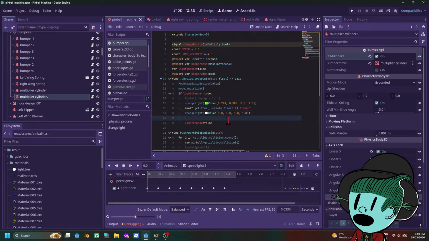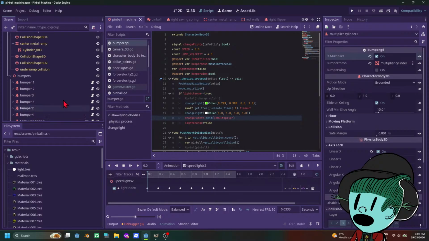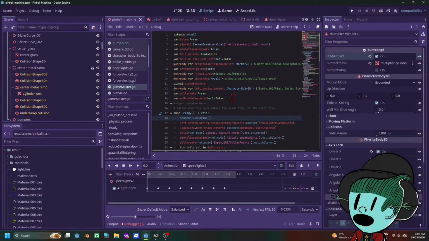Then under here, we will emit the signal change points dot emit is multiplier. Under Game Master,